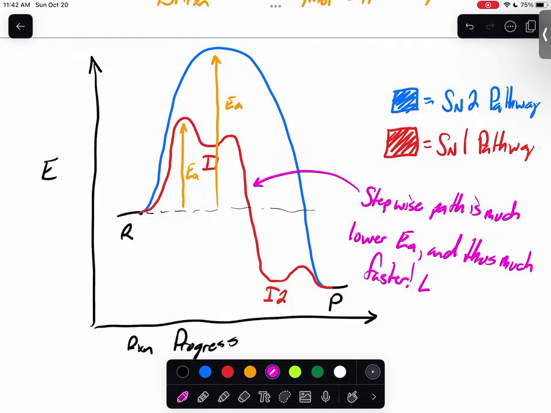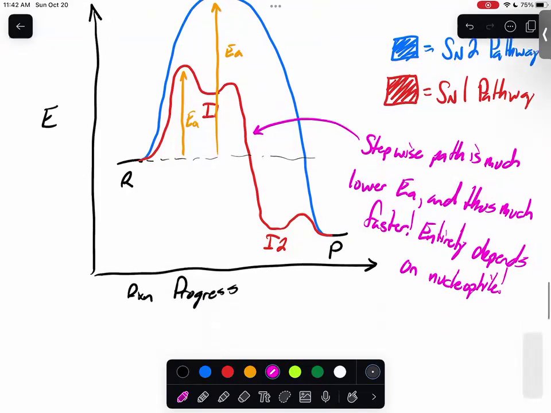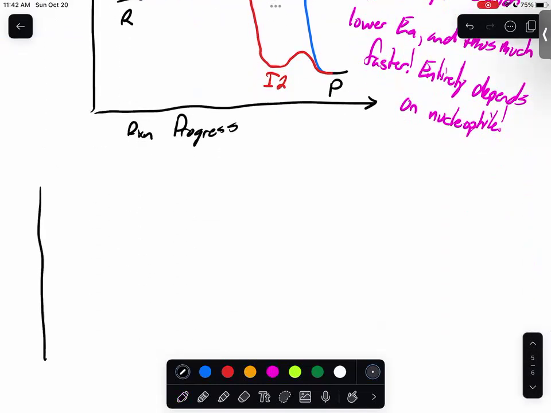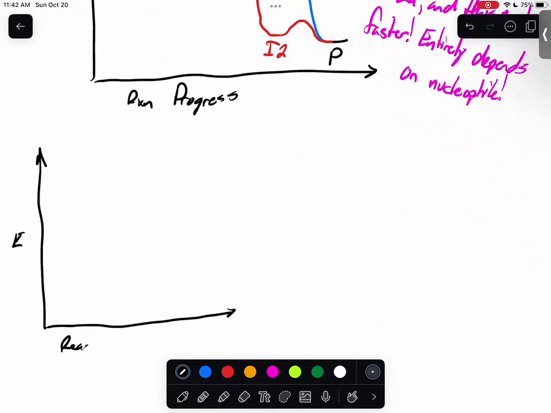entirely depends on your nucleophile, right? Let's take, for example, another reaction, right? Which would be the same reaction here, but instead of using methanol, we use methoxide, right? If we're using methoxide as our nucleophile, and we're looking at the SN2 versus the SN1 pathway,